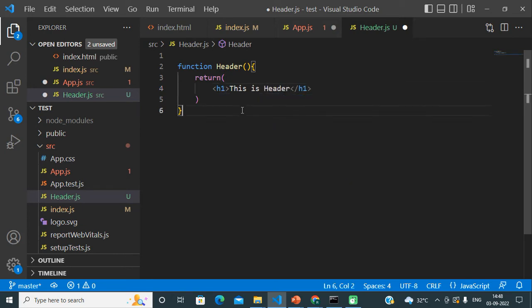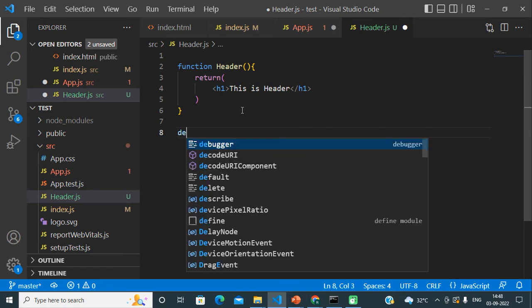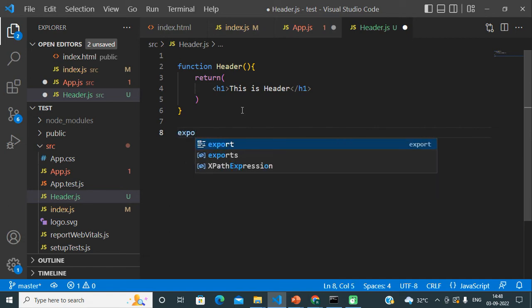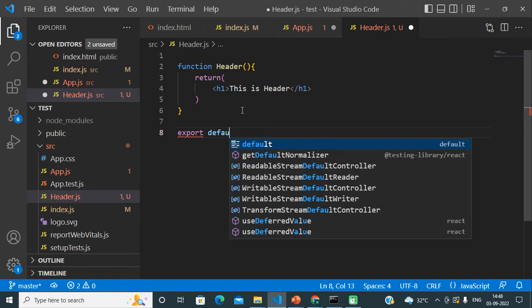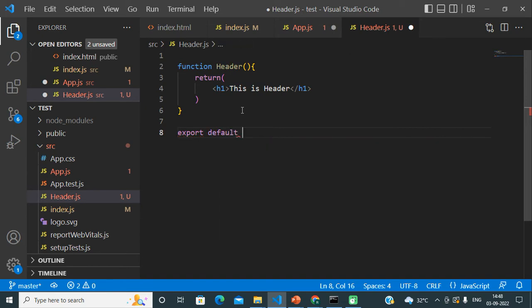And after that I will just export it, export default and the component's name. Okay friends, this way we can create a completely new component in our React.js application. I have created the same.